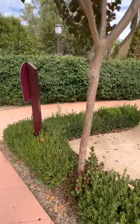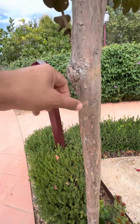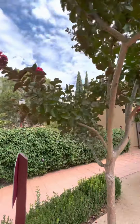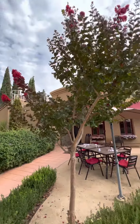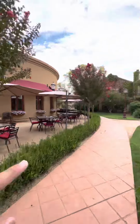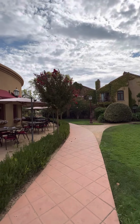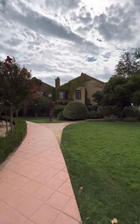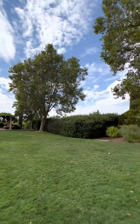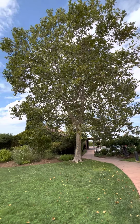They have this beautiful exfoliating bark. You kind of see these different colors and sort of flaky bark along there. So very, very popular landscape plants out here. You can see these are more tree form here, and that one in the background that I showed you was a shrub form variety. So very cool, but beautiful property. Some big sycamore trees right there,